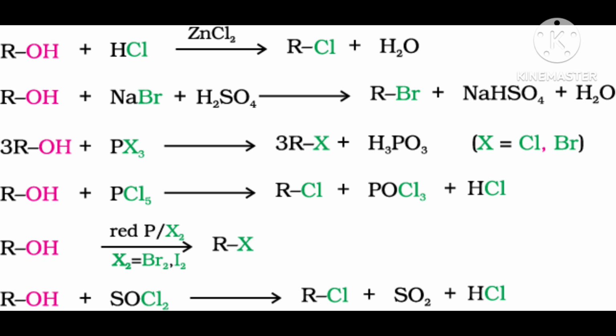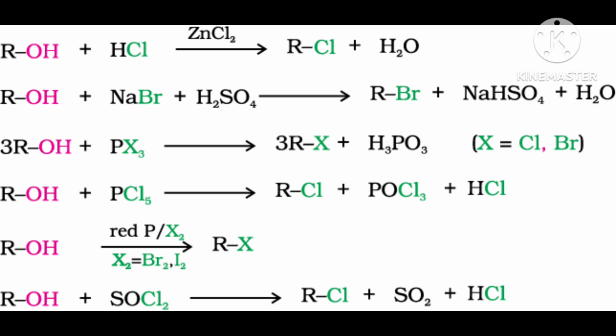Now third reaction, 3ROH, 3 molecules of ROH, plus PX3, X means halogen. Here in PX3 there are 3 X, and in 3ROH, 3R will be available. Then it will form 3RX, and